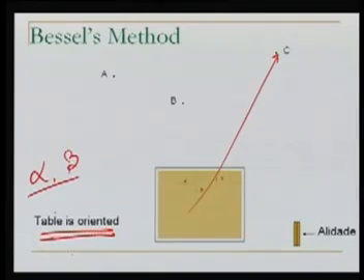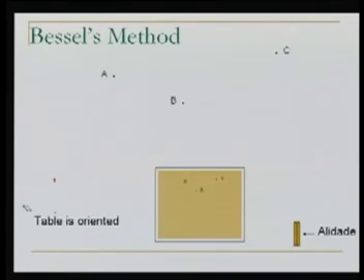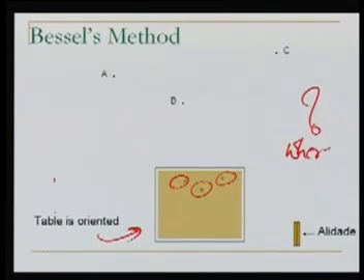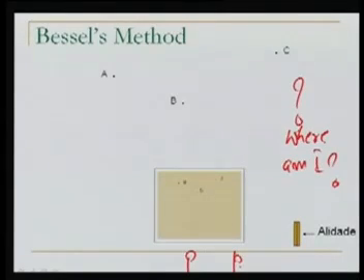Once the table is oriented, what we have now is our oriented table as well as small a, b and c, which are already plotted there. Now the question is, where am I? The table is oriented. We have clamped the table and the table is kept at capital P. We want to determine this small p on the table. Where am I? Well, I understand I should be somewhere here. But where exactly? Now, in order to answer this problem, we already have the